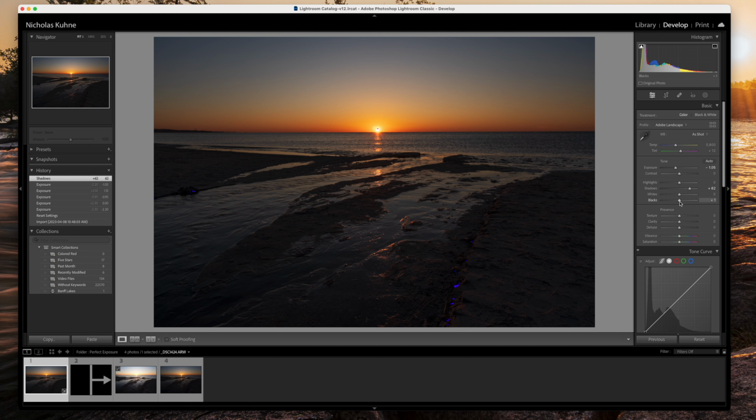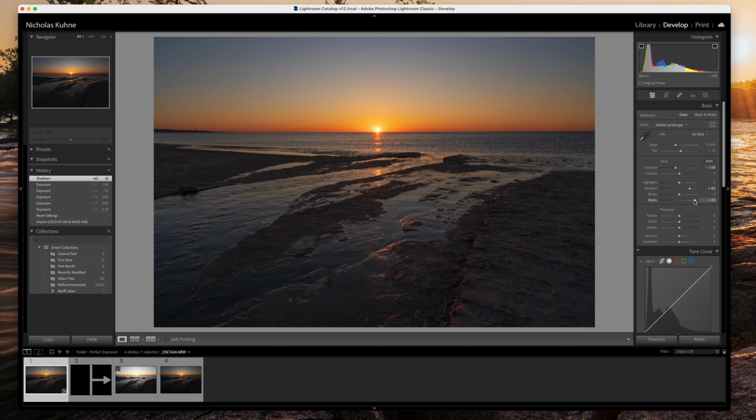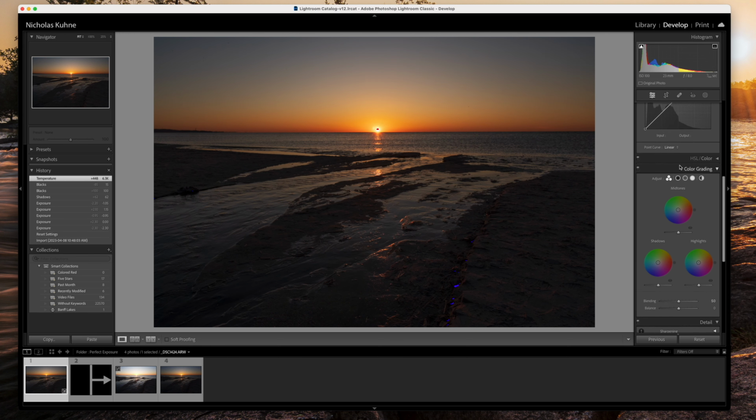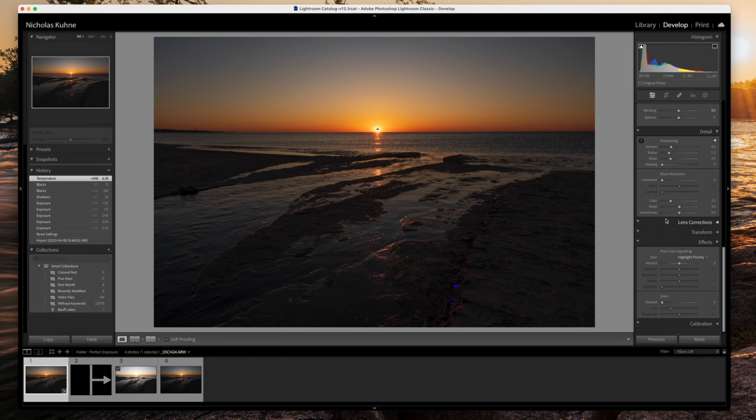sky. I also have the option to bring up my blacks, but bringing up your blacks will change some of the way that your whites look, change some of the way that the sky looks. And as you can see, as I bring the blacks up, it removes a bit of the color difference, a bit of the color contrast that's in the portions in the top left and the top right. I'm also going to change the temperature of this a little and probably introduce a few other different elements. But before I do that, let's move on to these two other images to show how I can blend them